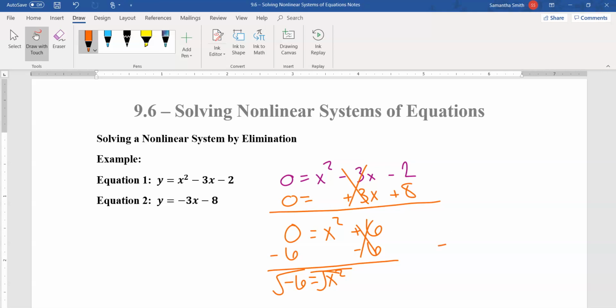Well, I have the square root of negative 6 equals x. But as I've said multiple times now, over the last video and this video, you cannot have a negative under the radical sign. So because of that, stop right there. Stop what you're doing, because I'm about to ruin